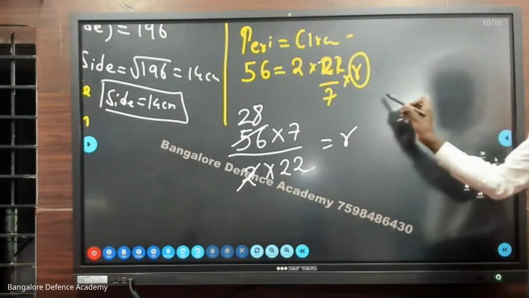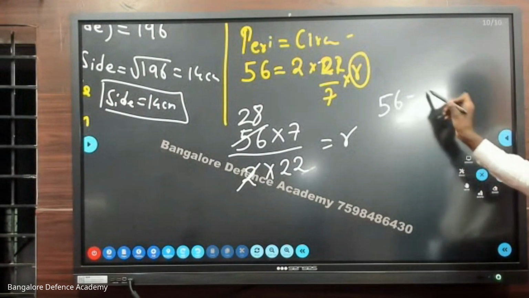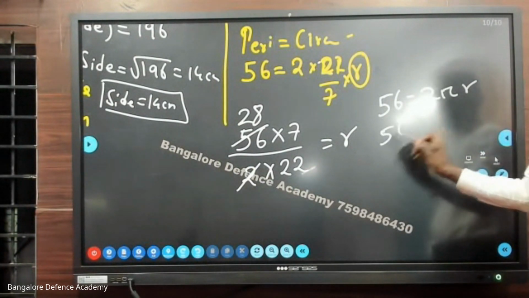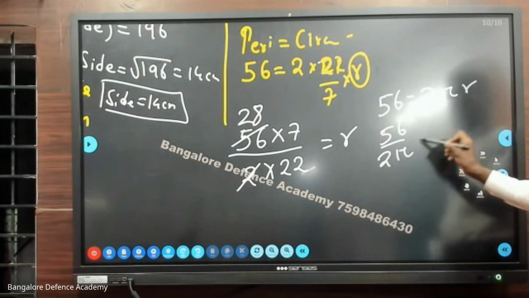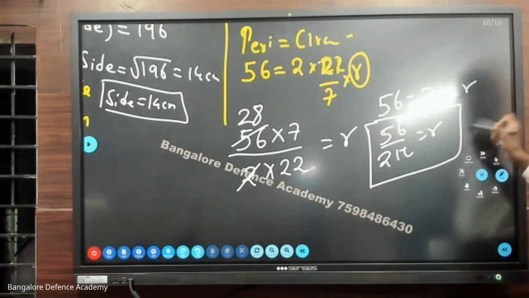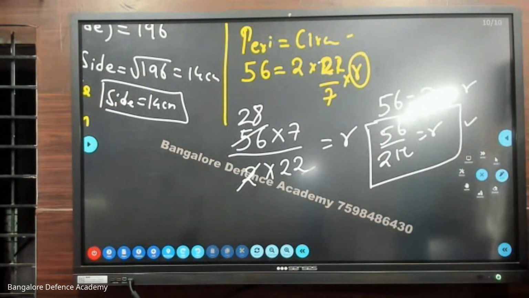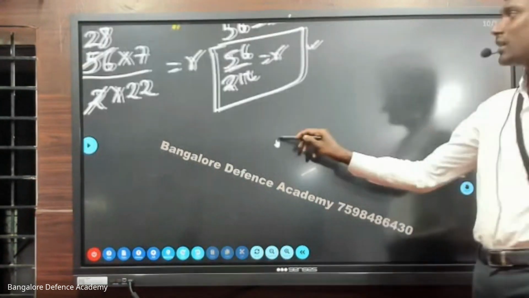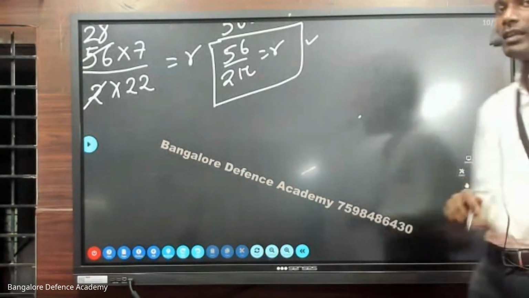Otherwise, I can keep it simple. Let it be like this. 56 is equal to 2 pi r. Okay, so this is 56 by 2 pi. This is my radius. Okay, so look here, everyone. For the radius, you will get some constant value. What is the ultimate thing that I have to find in the question? What are they asking? The area of the